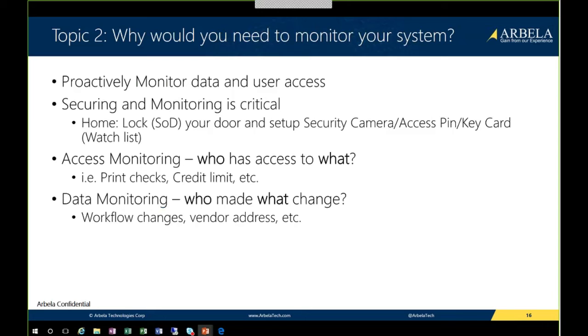And you have a couple of examples here. Joe user can access the credit limit, or he can access the customer table, or he can access the customer form. But data monitoring actually tells me Joe user changed the credit limit value, and the value was changed from this value to that value at this time and date and by this user. Generally, auditors look for controls. And what better way to cover all your bases than to have an ongoing, continuous effort to see who can access and who actually made the changes.